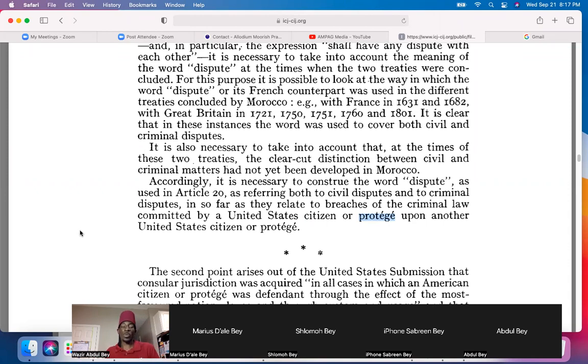So they're attributing terms like subjects, proteges, Moors, Moroccans, Moroccan subjects. These terms are being attributed to us. We are the proteges, we are the Moors, et cetera, et cetera. The reason why in the treaty it said Moors is because we wasn't our proper person at that time, or more so than now, or at least in the 1950s. By the 1950s, we didn't reduce that. We didn't go from Moors to proteges. Internationally, within the jurisdiction of America, we became Negroes, Blacks, Coloreds, and everything else, African Americans and Moorish Americans.